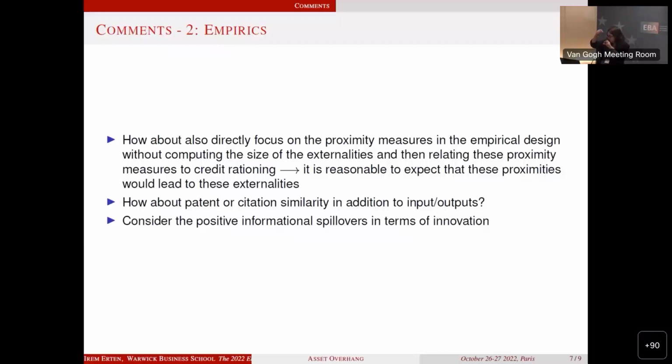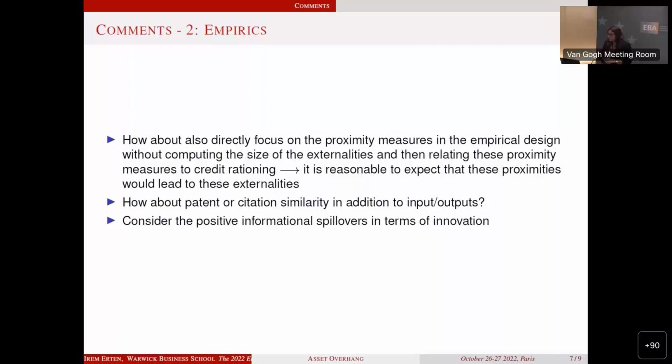So the proximity measure itself, I think it may be a good start to do the analysis, because when you have both the proximity and the externalities, you have two layers of endogeneity, and so it may be good maybe to also add that and then try to see to what extent the endogeneity can be tackled there. For example, in some sectors like technology, you may have higher proximity, and then that also induces different sensitivity to shocks, and maybe that's something to do a little bit more in that direction.